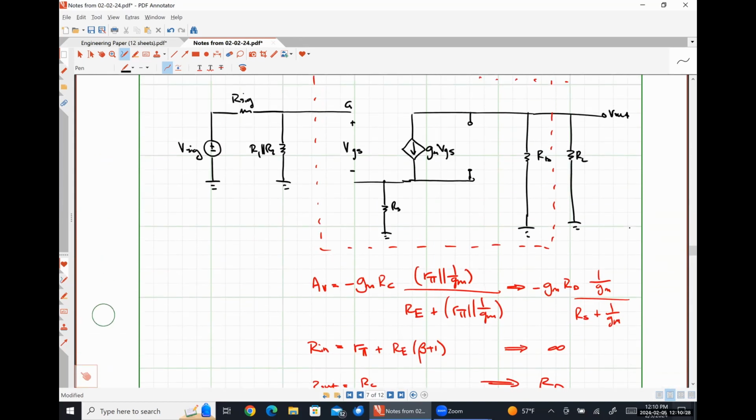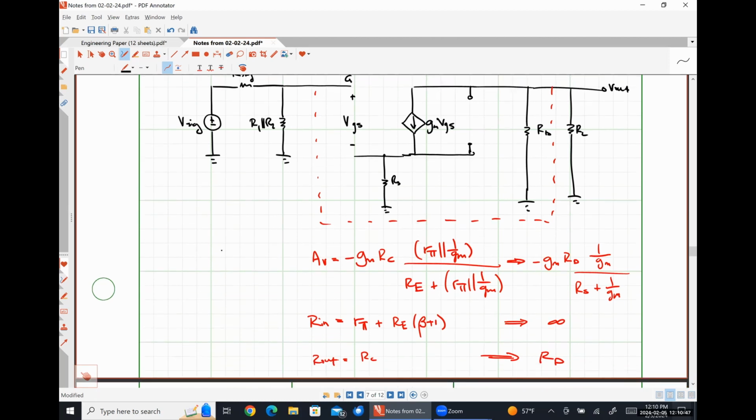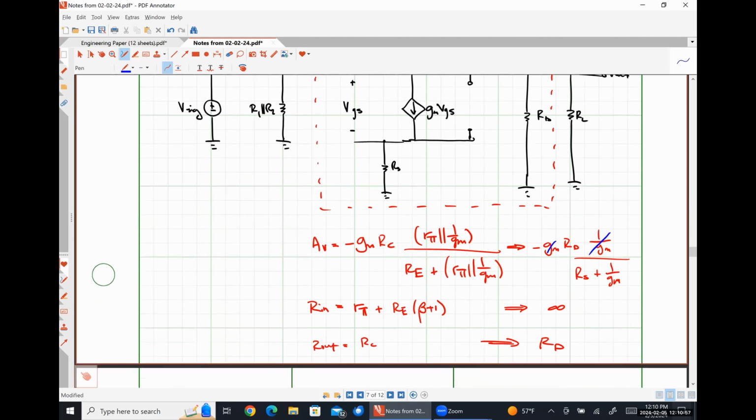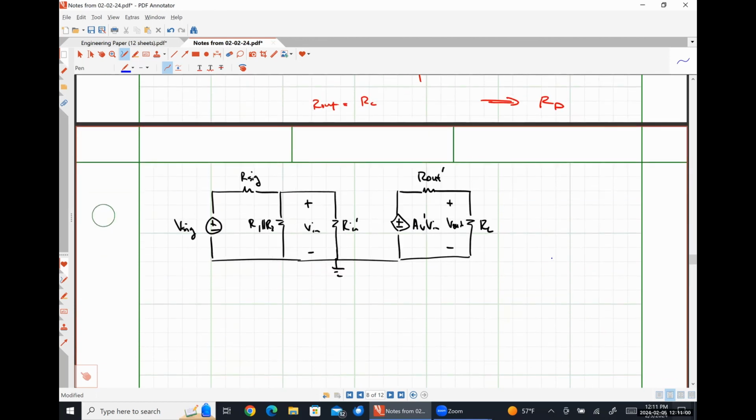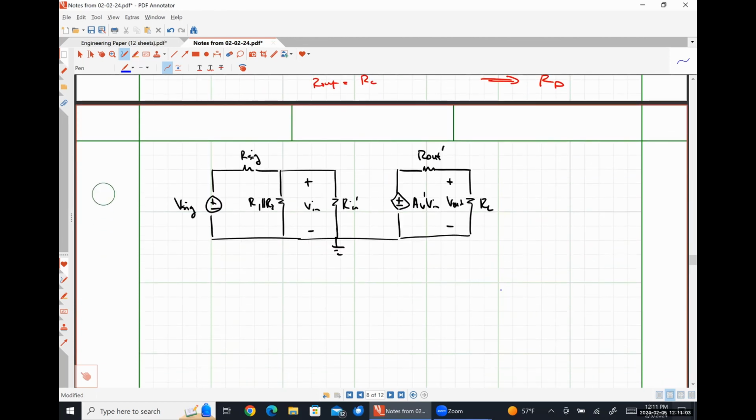This guy right here. I didn't even notice this until just now, but that gm and that gm. So from here, right, we could say that